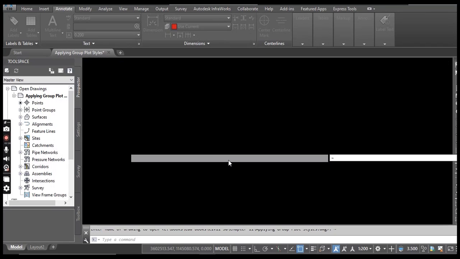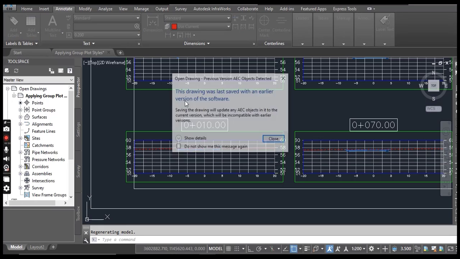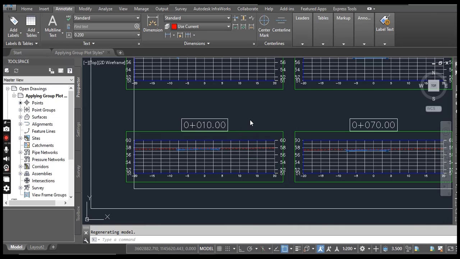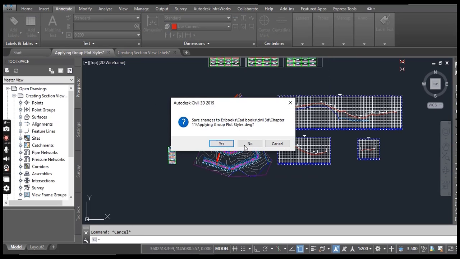Here we have this drawing. You can get this drawing from the description link and practice on it. When you open this drawing, it will zoom to the 0 plus 10 section view.